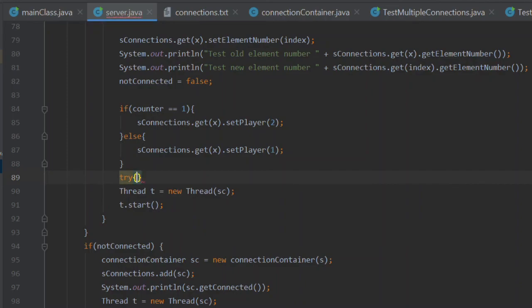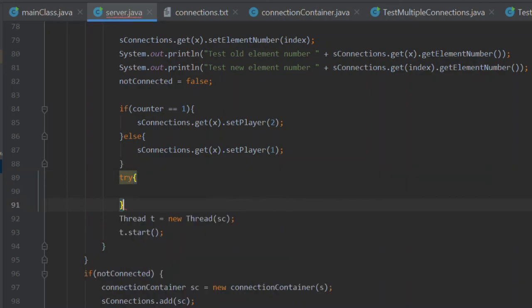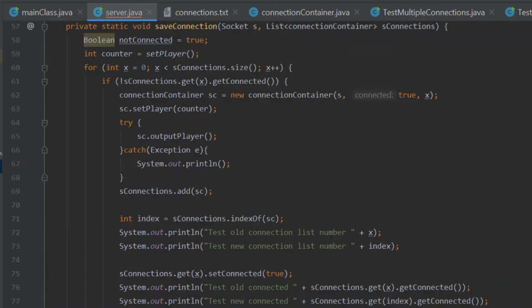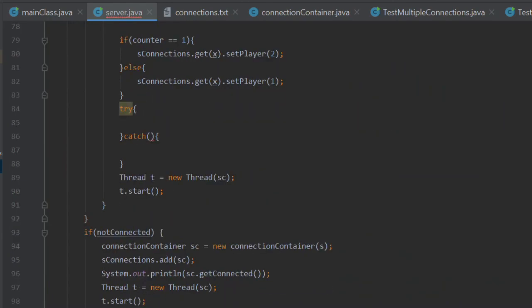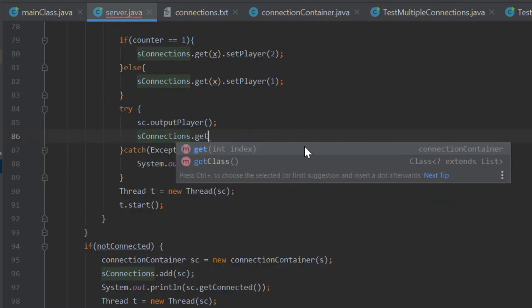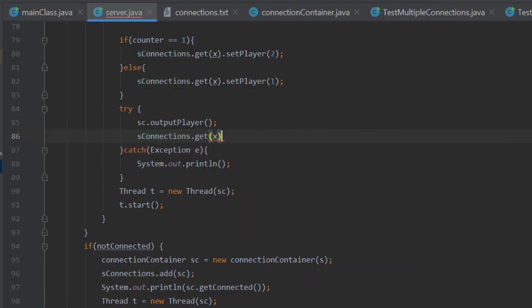What I was thinking of doing was putting the output player up on the same line as this try catch, but I think instead, I've been a bit of a dum-dum here. What I'm going to do is just put all of this code down here, like that. And then if I just do sconnections dot get x dot output player,